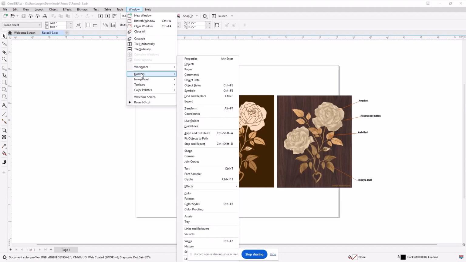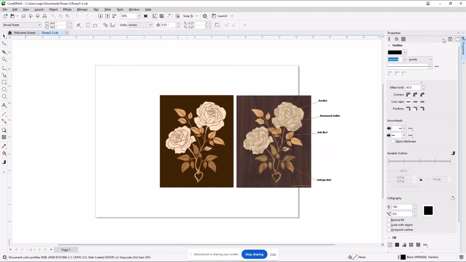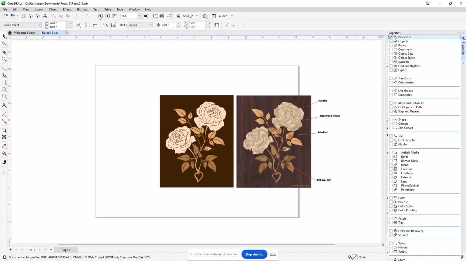Now Dockers, the ones that I recommend you have open as a general rule are properties, objects, and for this example, find and replace. Others that I will use will be align and distribute, step and repeat. Corners I'll use if I'm trying to get away from things that may not cut very well. So again, these are all different Dockers. The first one I select will put a Dockers menu over here on the right side of the display. So here's properties. This is the menu bar, the toolbar for Dockers. If I click on this plus symbol here, it brings up the same list that we had here under Window, Dockers, but now I can select other Dockers one at a time.